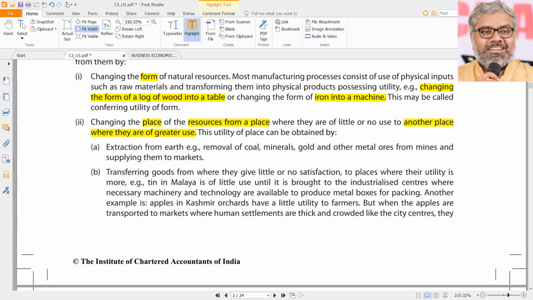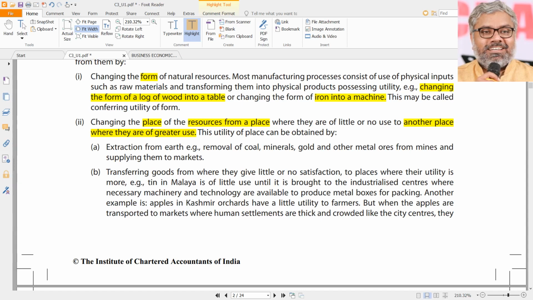Where that crude oil originally started, what was the journey of that, how many phases it has crossed, and finally you are just casually going to a petrol pump and asking him to fill your tank or asking him to fill 100 rupees petrol, 2 liter petrol, like that. Very easy, just like that. But have you ever thought this petrol what we are using as a fuel for our vehicle, where the journey would have started of this petrol? It is a thousands of kilometers journey, not a small journey. Long place it would have been actually extracted from. We don't know that. But the production process has created that place utility.